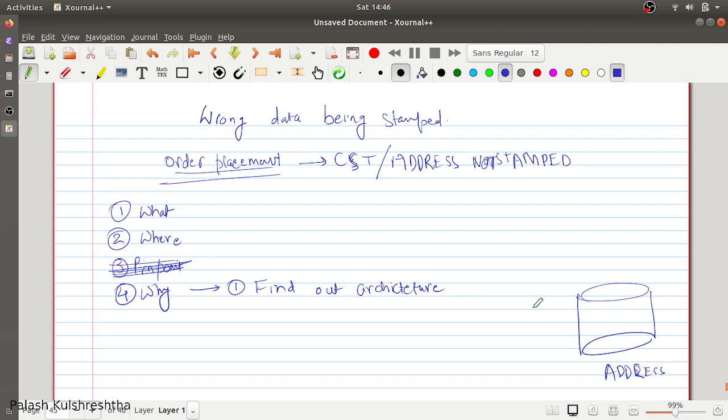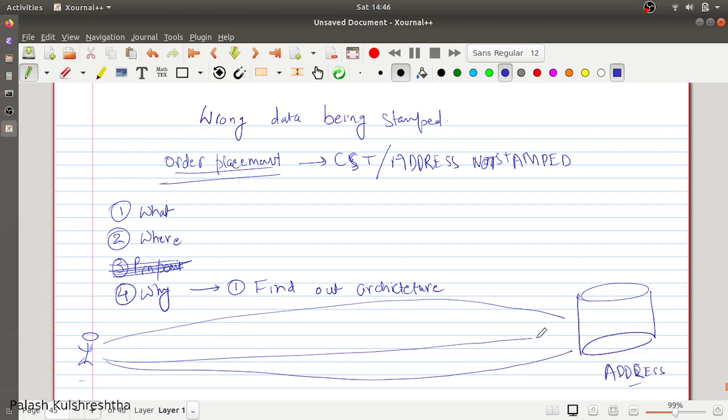For some orders, addresses were not getting stamped. So we have to pinpoint how these addresses were missing from those orders, and we have to start with the users. So this is the starting point and the endpoint, and now we have to find out all the ways possible that this journey is getting completed.